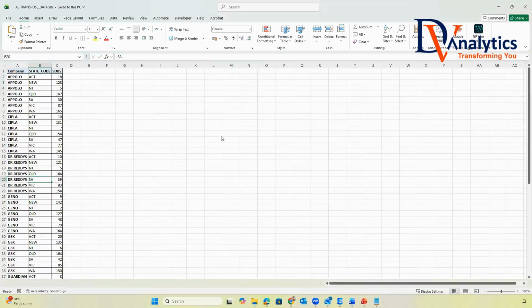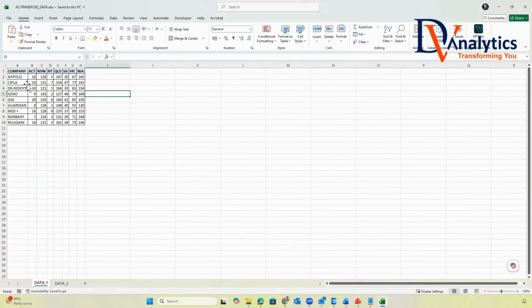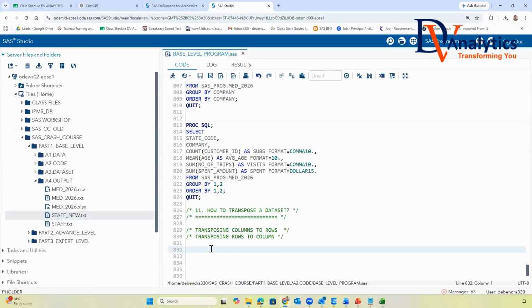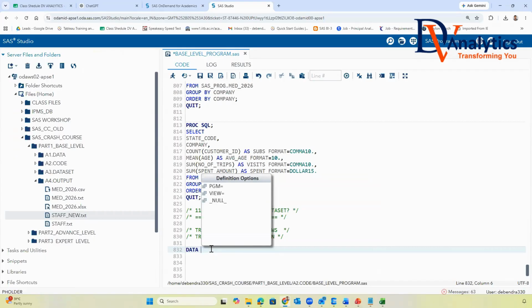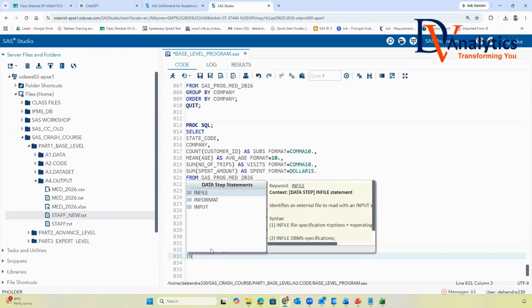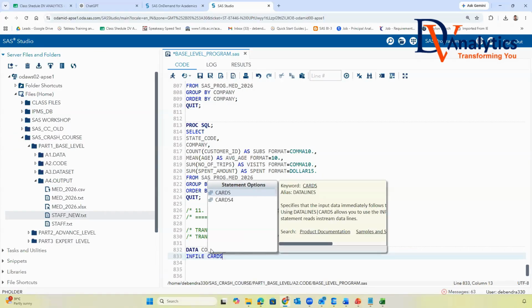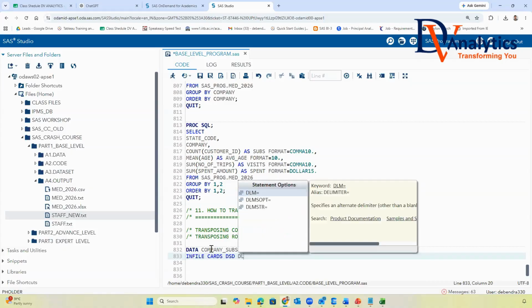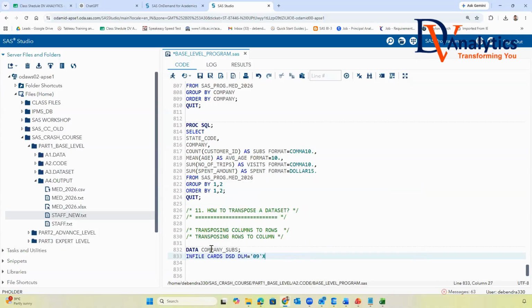Transposing data. There is a table called company and state code wise population. So I'll go back to my program. I can say data company subs; infile cards, DSD, DLM equal to 09x.